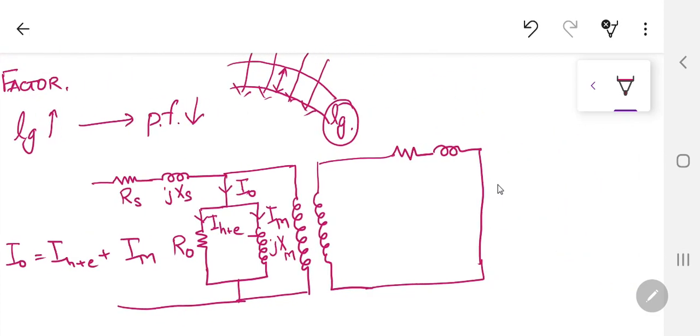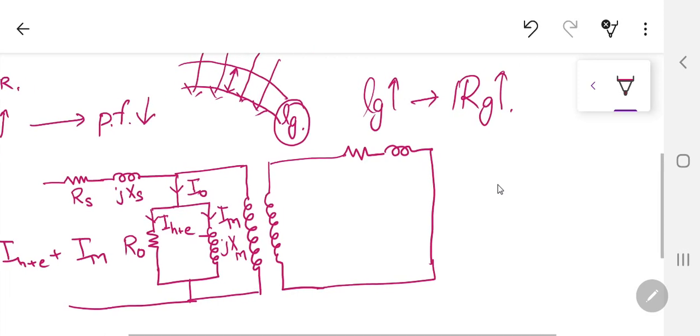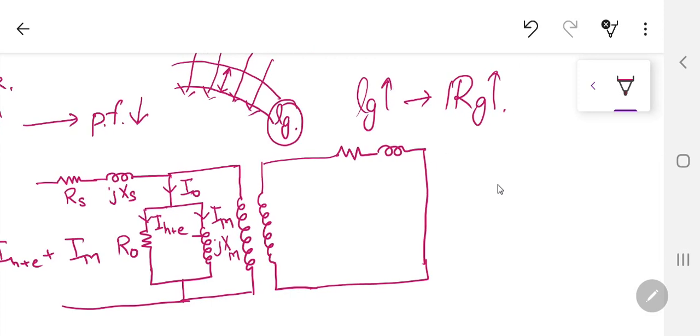This is the air gap. If Lg is large, what will happen? The reluctance of the air gap is going to be large, because I'm not going to go into the formula of that one, but you can write it down. The Rg is equal to mu naught and L over whatever, that permeability and all that stuff over there. Now if reluctance is large, we all know the inductance formula, L is equal to N square by reluctance. Now N is the number of turns which are producing the flux from the stator side. So if the reluctance of the air gap is large, what will happen?